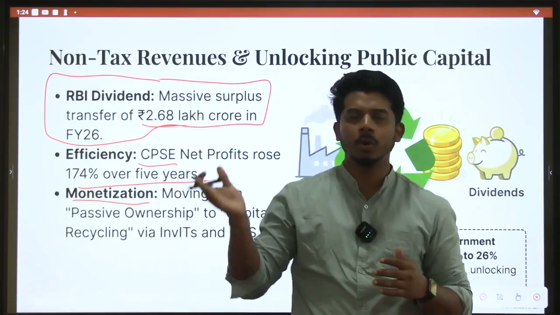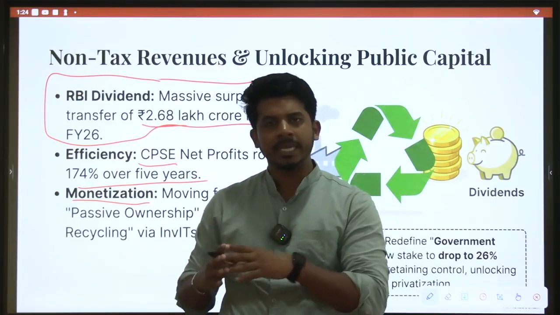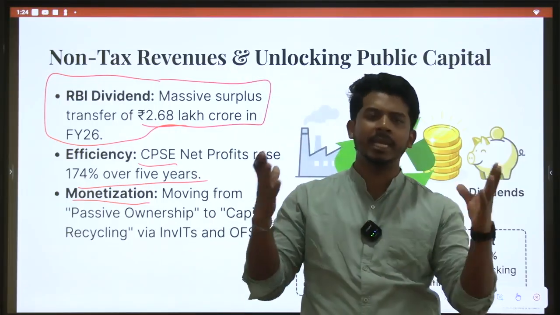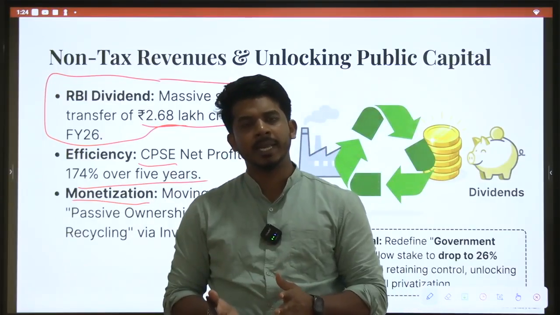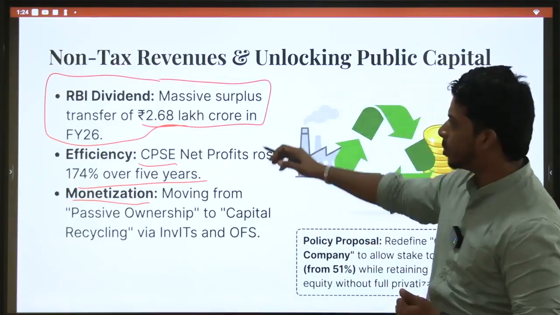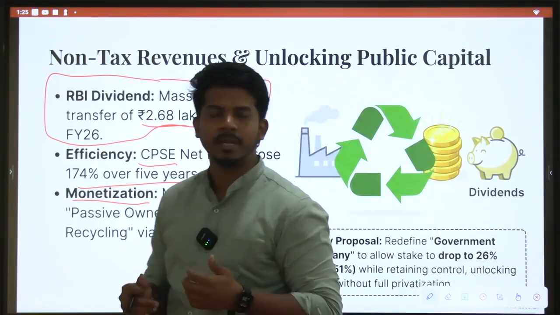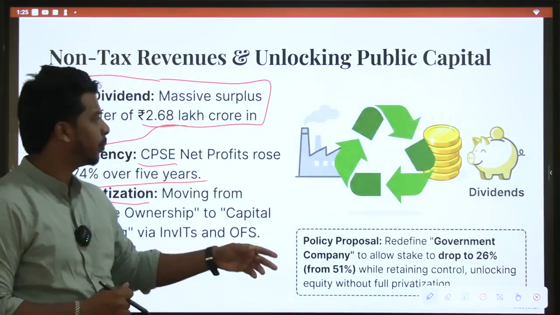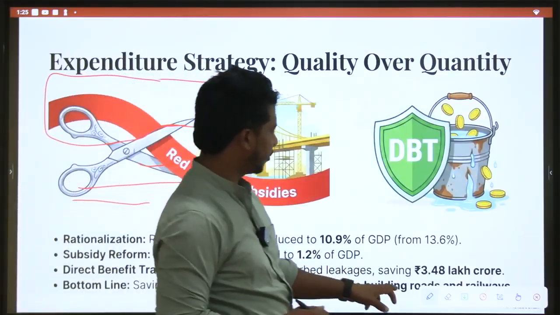Any unused or old projects or assets of the government of India, it can be land, it can be a building, it can be anything. You can lease it to private parties and earn income from it. It is called monetization. Okay, so dividends we are receiving, efficiency is increasing, we are monetizing. We have the National Monetization Pipeline also. So that is how we are earning non-tax revenue.